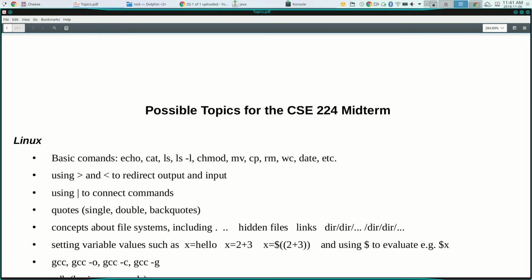If there's some obscure command that I've mentioned once on the way out the door, I'm probably not going to give you 20 questions on that command. Stuff that we've been using, stuff that you should have been encountering is really what I'm after here. Redirection of input and output. So